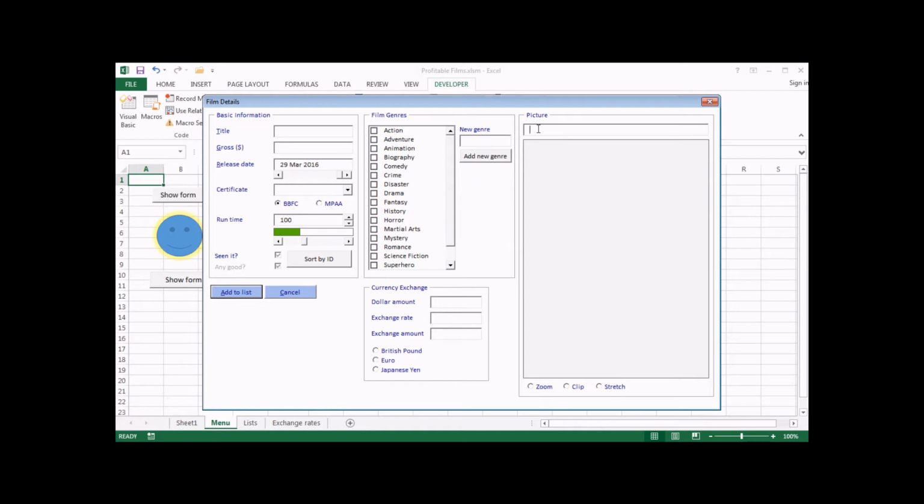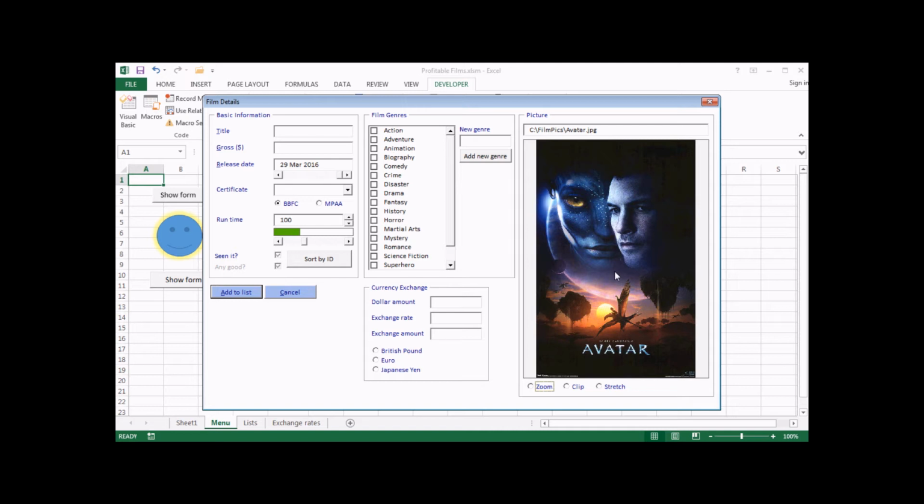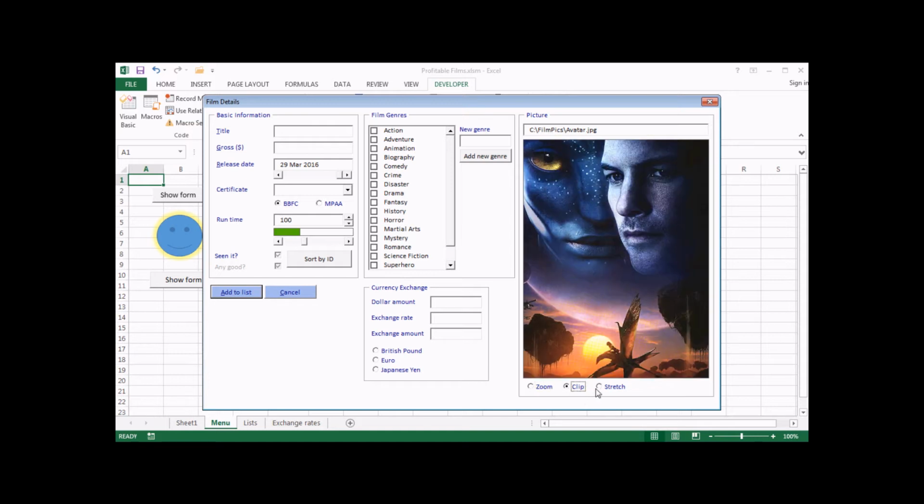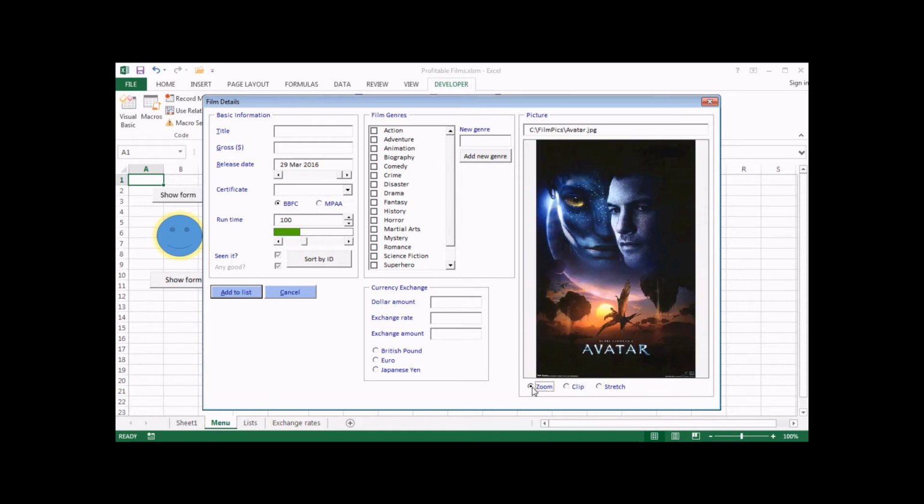the form on screen. And again, I'll type in a quick file path. I'll go for avatar again, .jpg, and then tab to move away from that control. So we should see that it's set to zoom by default, which is the size mode that I chose earlier on. But if I click on any of these other two option buttons, it will then change the size mode